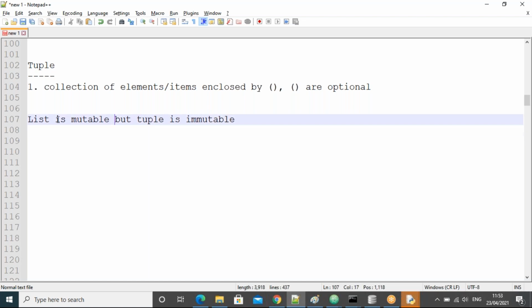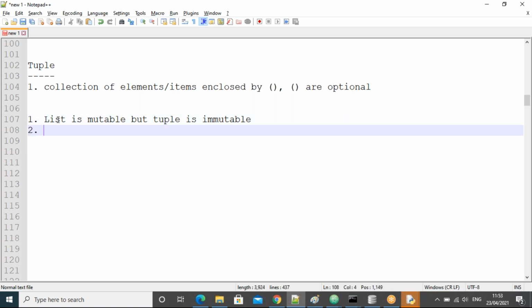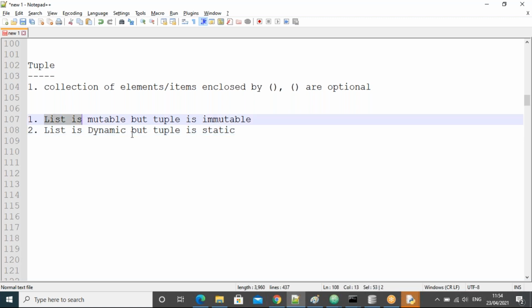Next one, one more difference. List is a dynamic object, but tuple is a static object, guys. These are the differences between list and tuple.